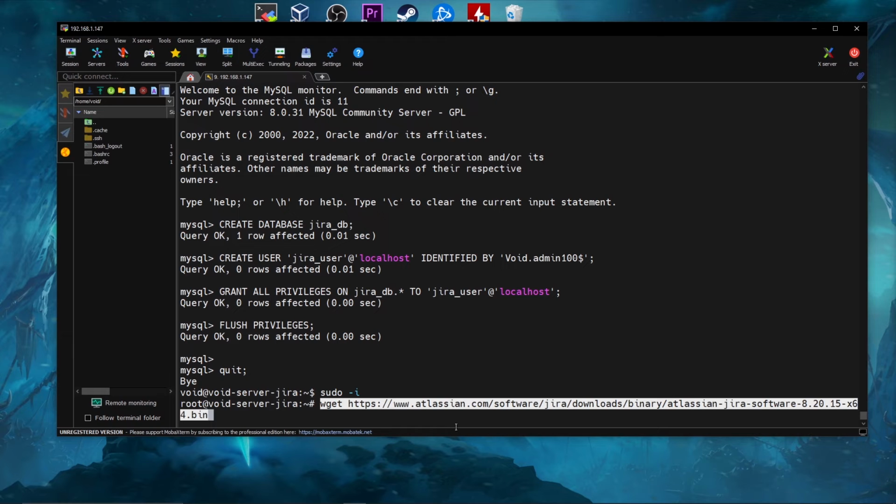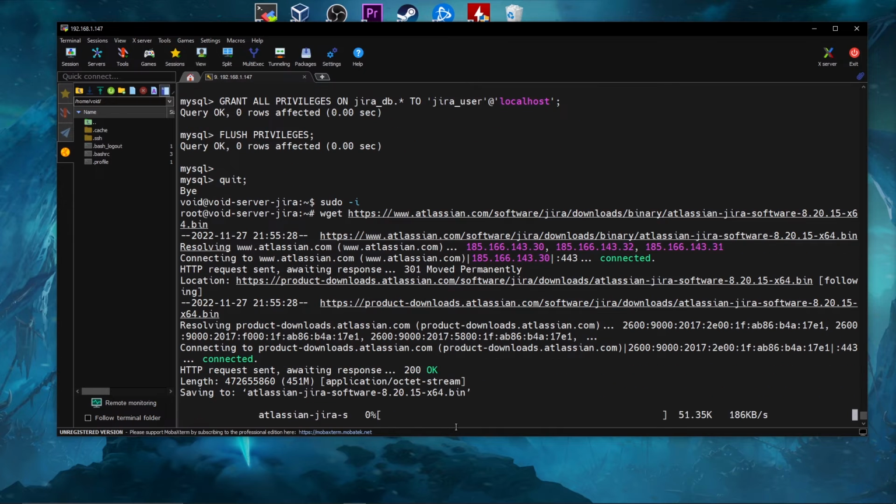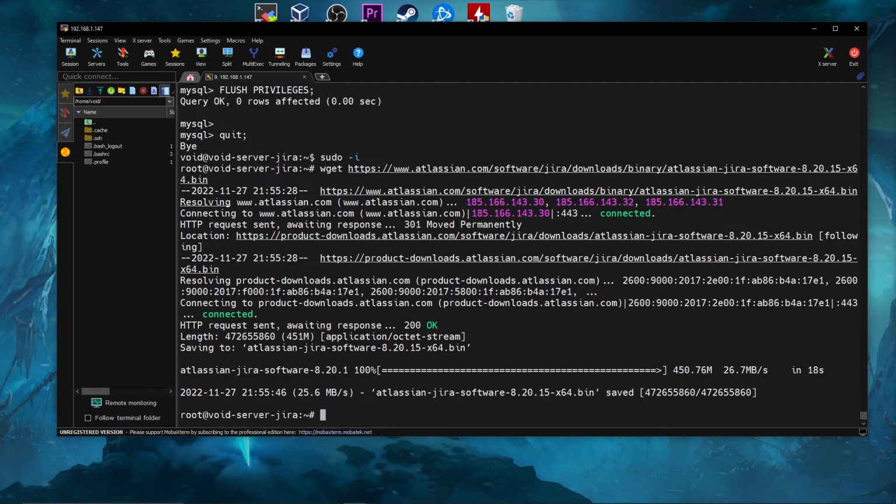This is 8.20.15 x64. So you just change the number here. Now I'll just hit enter, and now it's connecting and basically downloading Jira. Now it's done. We downloaded Jira, and now we need to assign the execute permission